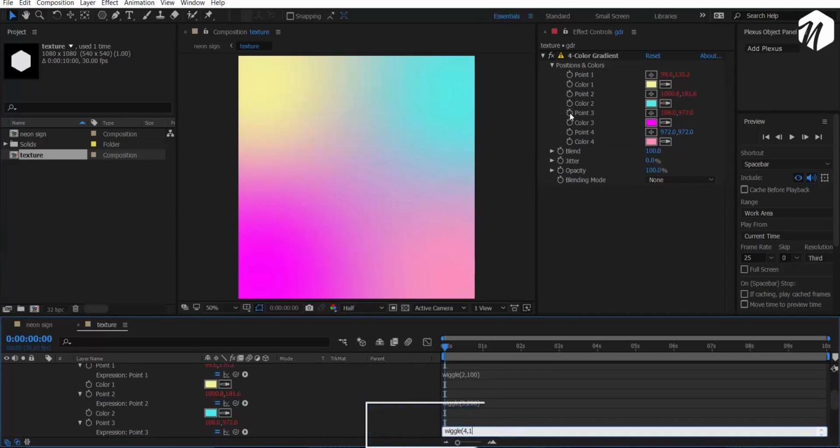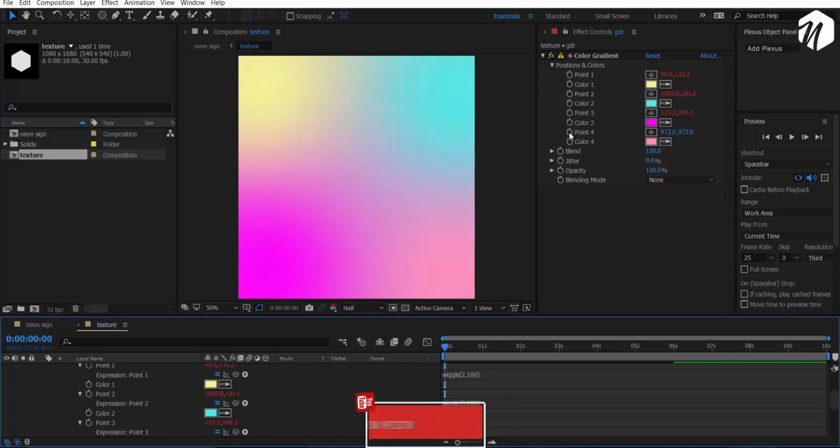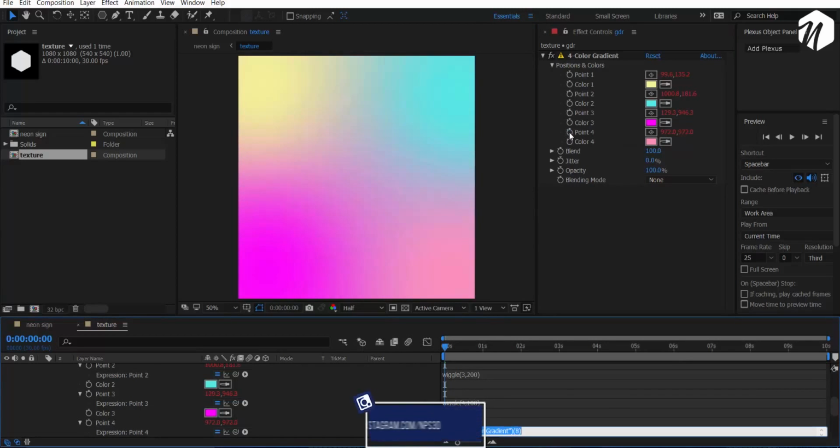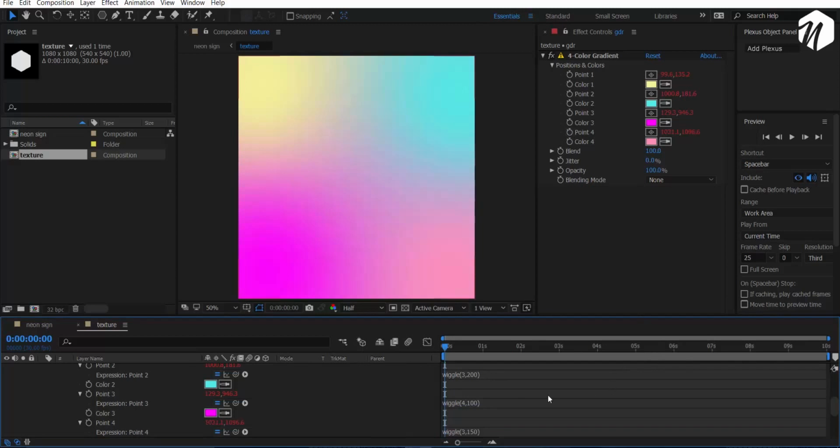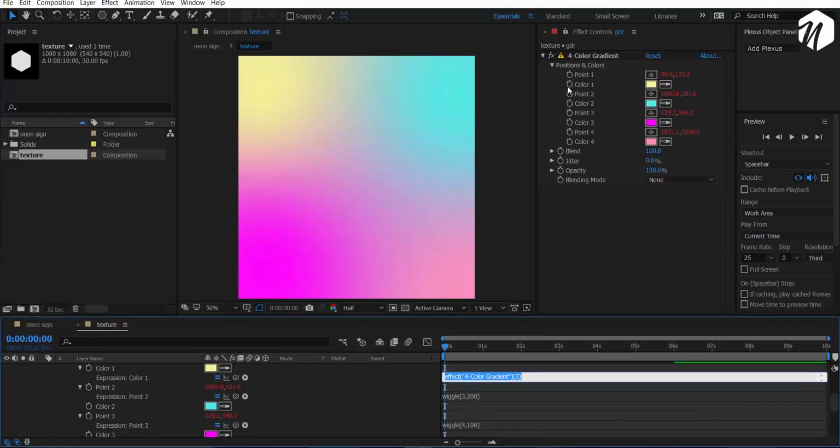Wiggle 4 comma 100, and in the 4 just wiggle 3 comma 150. So let's preview this. So you can see it's moving in our position, and now you can add the same expression on color